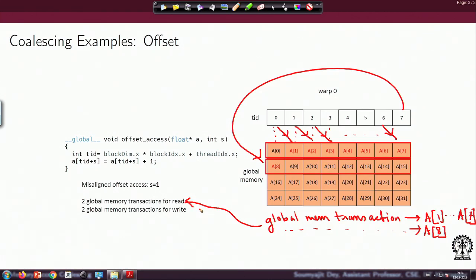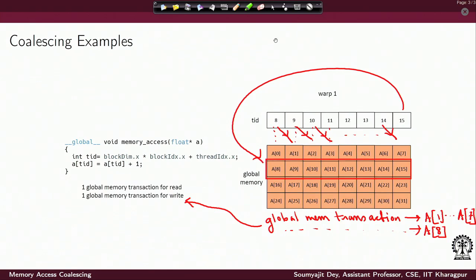I hope the point is clear here. Again I have got 8 threads inside a warp. They are looking for 8 data points to load, to update and to write back. However, the problem is the access here is offset, in the sense that the access is not properly aligned here, right. So, when the access would happen for this memory, although these are consecutive locations, fundamentally if you look into our definition of the access, what did we really want?